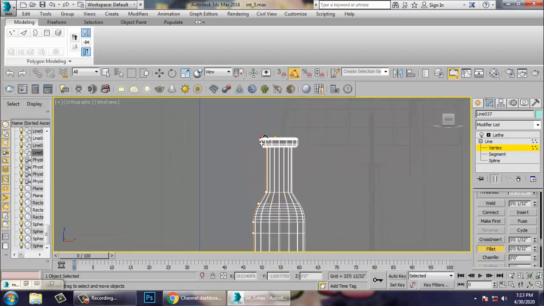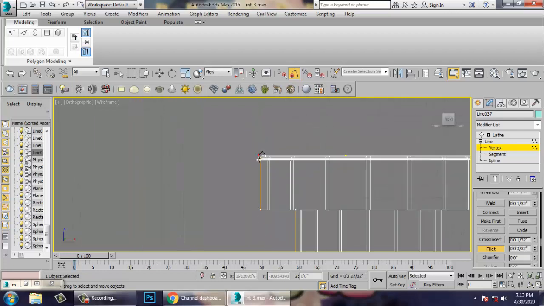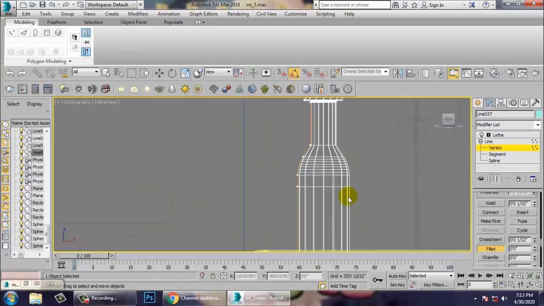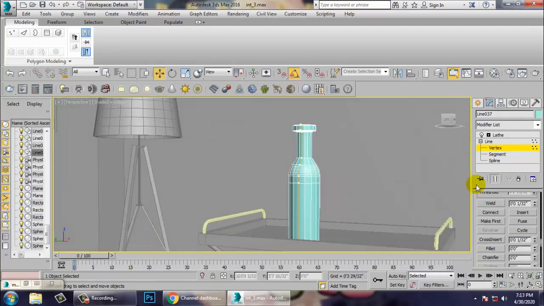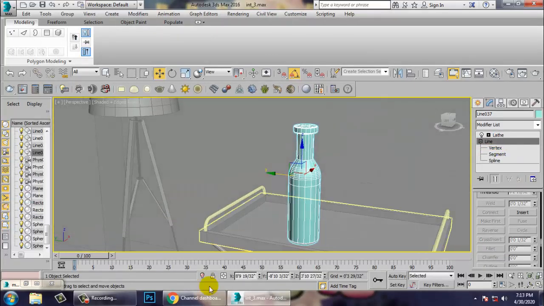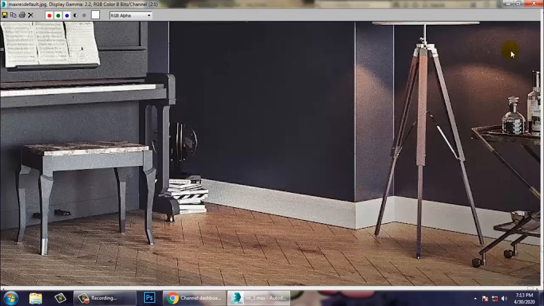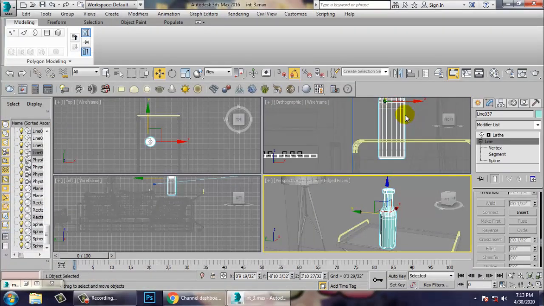So just go on giving a bit of fillet to it. Alright, so once you're done with this, if you want that,